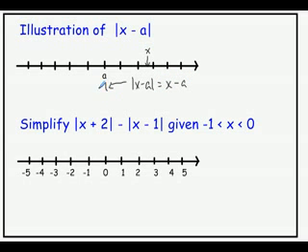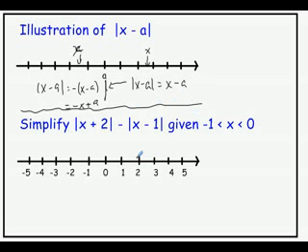On the other hand, if x is some number to the left of a on the number line, then we're going to say that the absolute value of x minus a to the left will be exactly the same thing as the negative of the difference between x minus a, or negative x plus a. This always holds true, so we're going to use this property above to rewrite the expression below: absolute value of